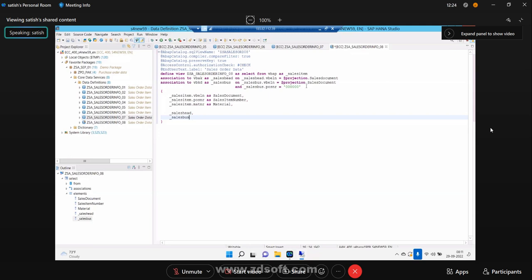Now, likewise, I can create more here, guys. Next, I'm creating one more association. I can create n number of associations. I'm just creating a left outer join type of association to MARA. I can use MAKT or MARA, whichever things, which is